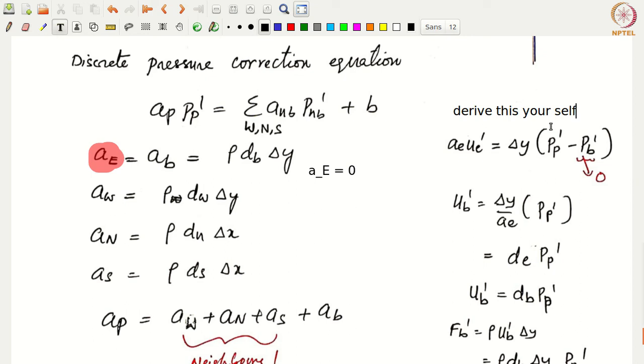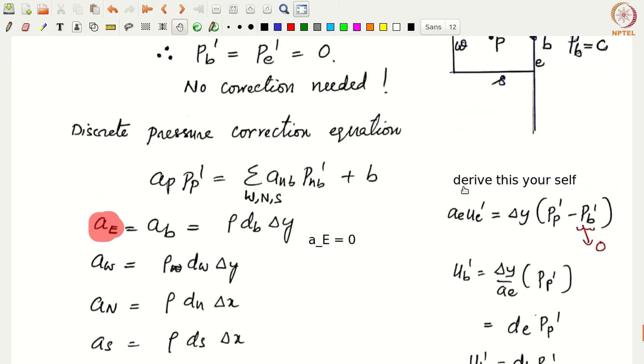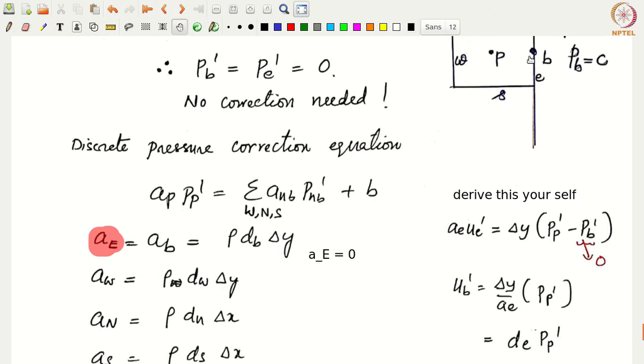One thing that is different here is that because you have only the pressure gradient, you don't get the half delta x terms, because this delta y corresponds to area. As a result, you don't have that half. You remember for the diffusion we had delta x by 2, delta y by 2 coming, that won't be there, because now we are applying the gradient theorem to grad P. You will only get P east minus P something minus P something. That would be PP minus PB, and PB prime is 0 because of the pressure boundary condition. Only this term survives.